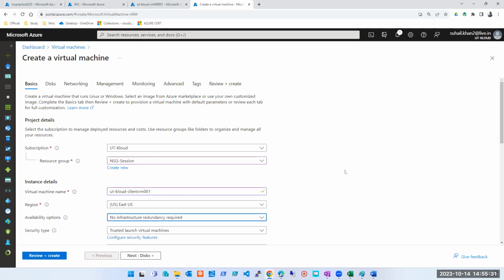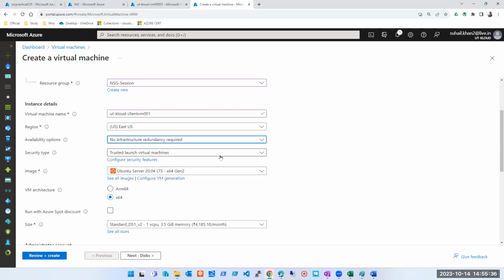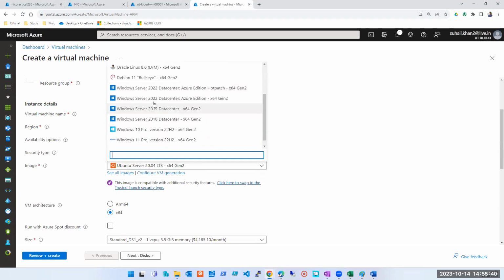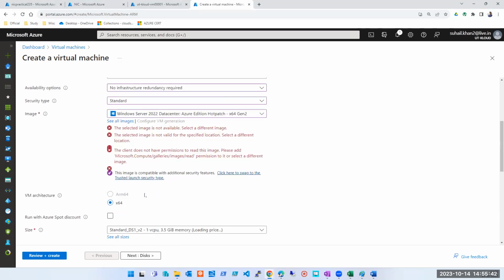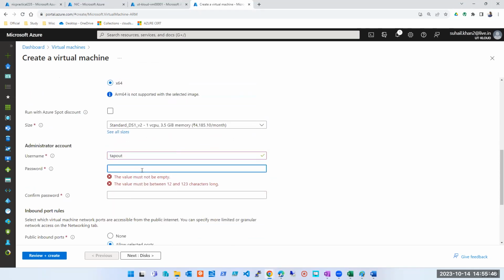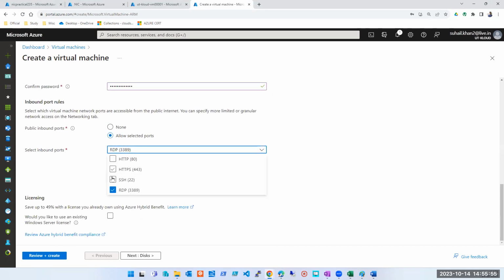I'm happy with East US. I don't want any redundancy. Standard is fine. I'm taking Windows 2022. Size is enough. I definitely want RDP here. As of now, I'm keeping this. I'll explain it to you.